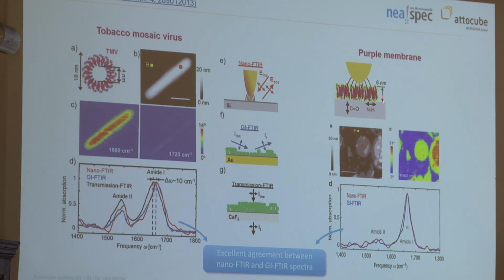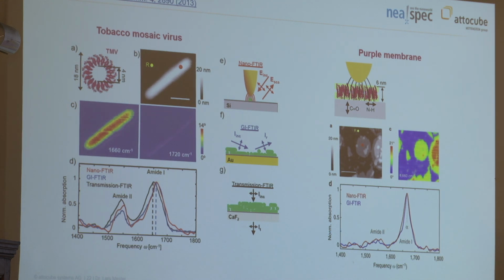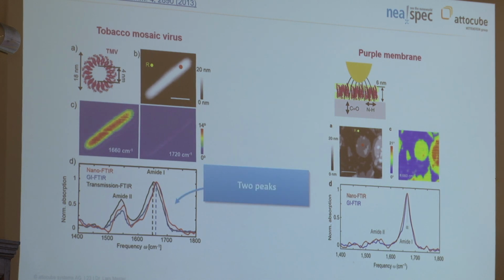And for the purple membrane sample here, it's also again an amide band. We can see this also matches grazing incidence FTIR. So for thin films on reflective substrates, this is a correlation you can easily make. Now if you look closely, you don't have to look too closely actually, you see that here we have